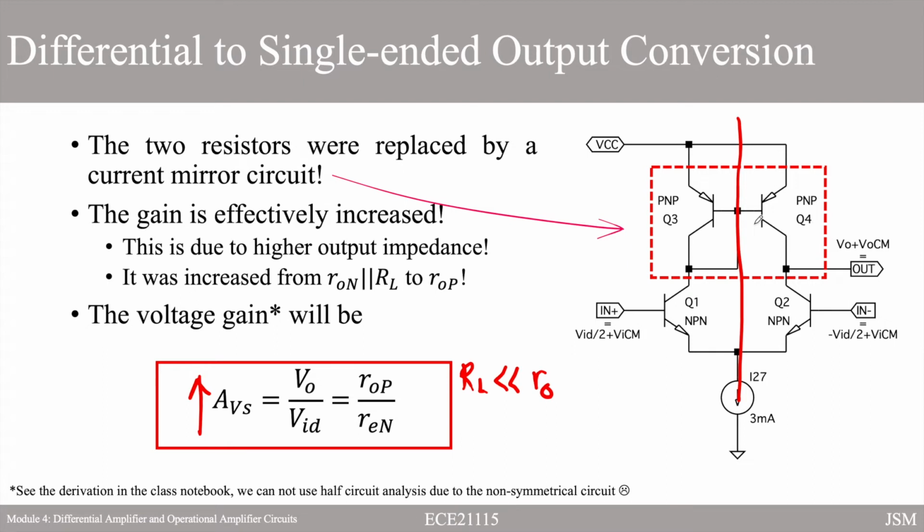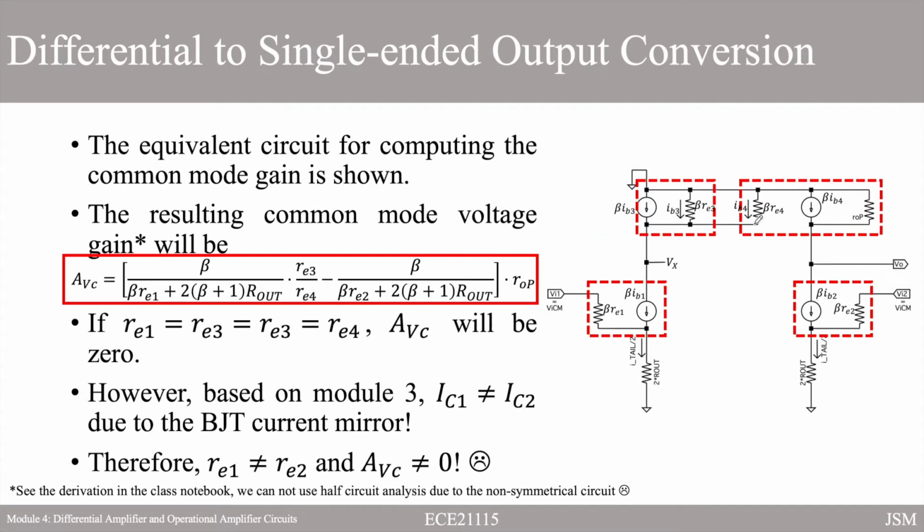Kasi yung performance ng ating differential amplifier is depende sa CMRR. And CMRR is dependent sa differential gain and the common mode voltage gain. So, what is the common mode gain po niyang amplifier na yan? So, the common mode gain of this amplifier was derived as this one po. So, medyo mahaba. Okay? Pero kung mapapansin nyo, if RE1 is equal to RE2, equal to RE3, equal to RE4,